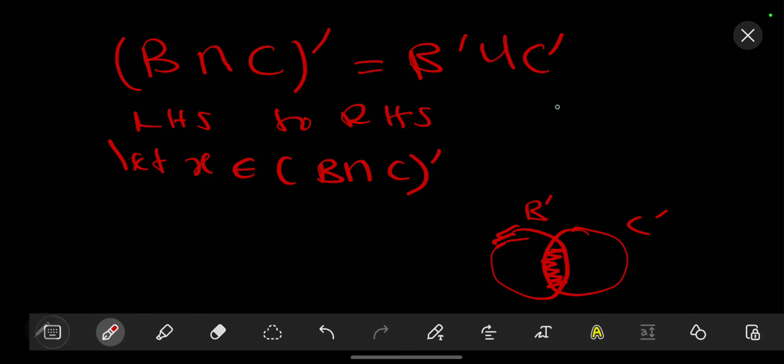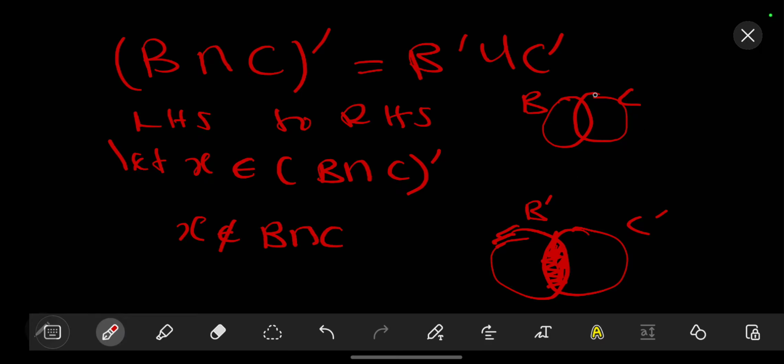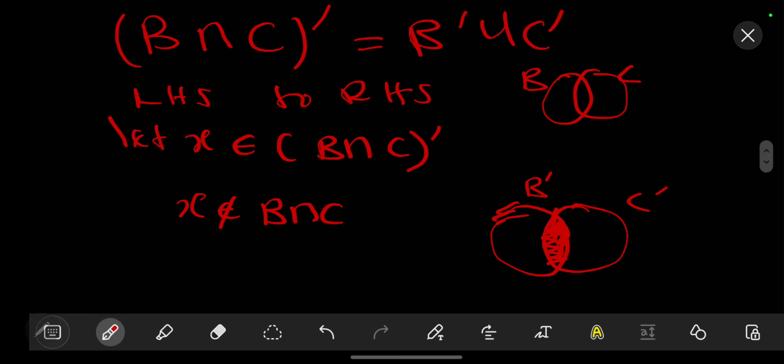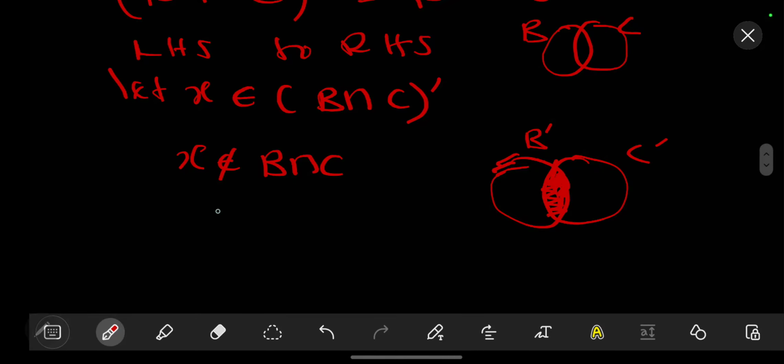Now this means that, for the separate sets B and C, x is not found in the intersection of B and C. So this means that you will say that your x is not a member of B ∩ C, since this is the set for B ∩ C. It is only found in B complement or in the section of C complement. So if we do that for (B ∩ C)', what we are going to have